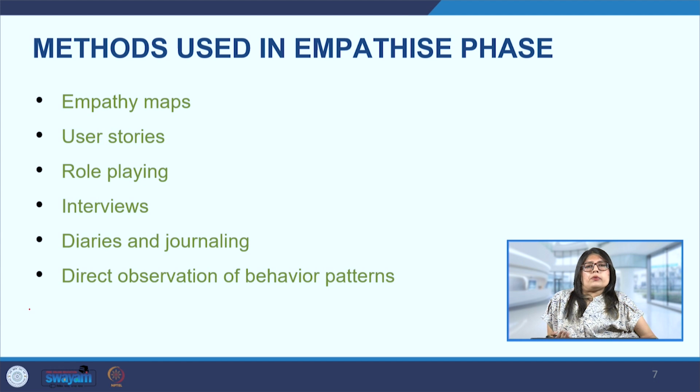Then user stories is another interesting way. They are brief and simple descriptions of a feature from the perspective of the end user, and they have a certain format, wherein a user puts it in a sentence form: as a user, I want this goal so that I may be able to do this. So these short user stories tell us who the user is, what their goal is, and the reason why they have that goal. These are concise ways of understanding the problem and empathizing with the user.